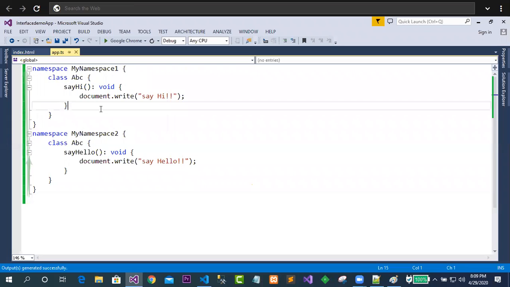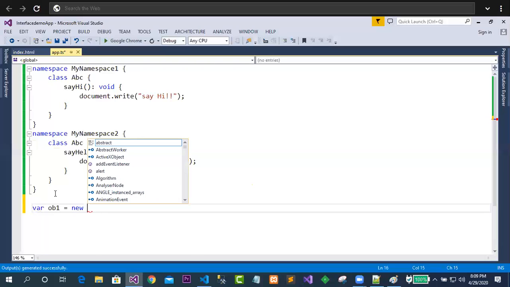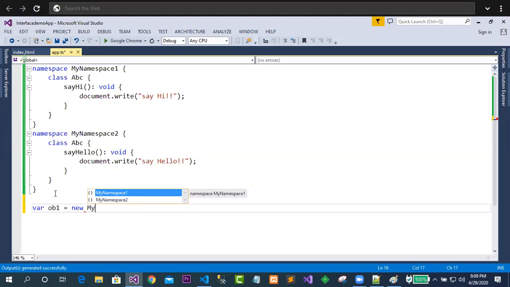So now how to create the object of this class? Can I go for that? Just see. In this case, simply I will write var ob1 is equal to new. Can I get ABC directly? No, I'm not getting ABC directly. So how should I go? With the fully qualified name, that is my namespace 1 dot.